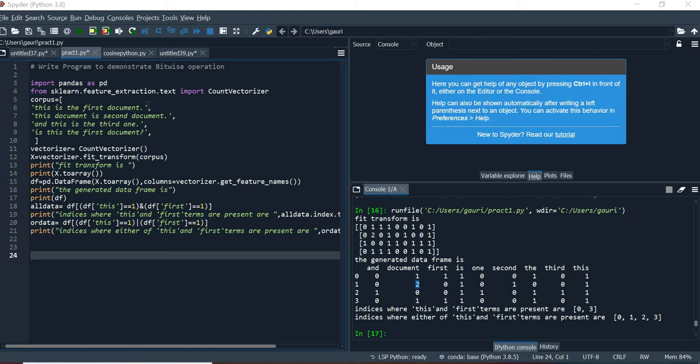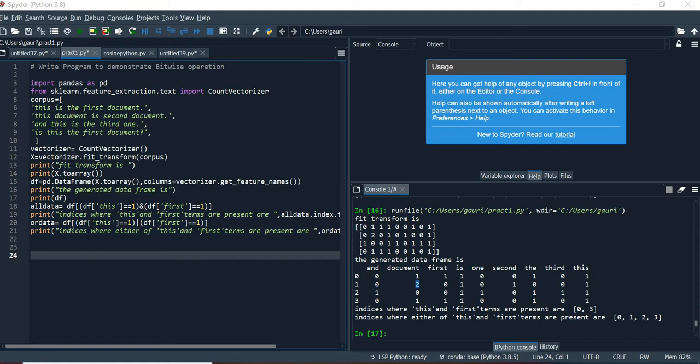Your index number always starts from 0. So your first sentence is stored at index number 0, your second sentence at index number 1, this one at index number 2 and 3. So there are four indexes: 0, 1, 2 and 3. So this is a corpus. Basically, what does corpus mean? That is a collection of documents, information, sentences, right?